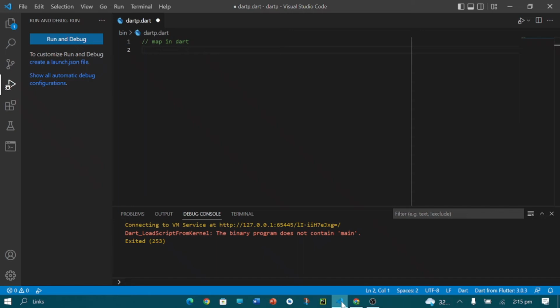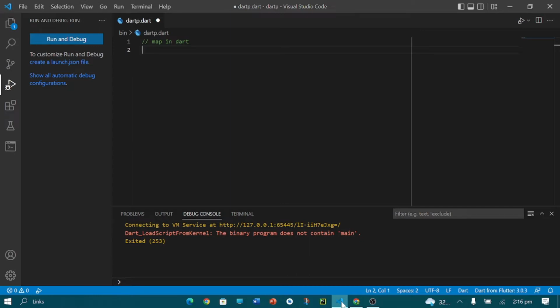Okay, so as we know, we are going to the second phase of Dart programming, and in this phase, we are discussing different data types of Dart. So we have discussed string, integer, double, and list, and we have discussed Boolean data type. So this is the last lecture of the second phase of the Dart programming language, and in this lecture, we